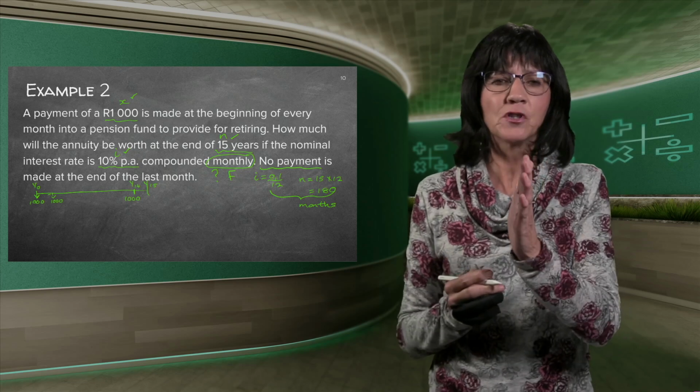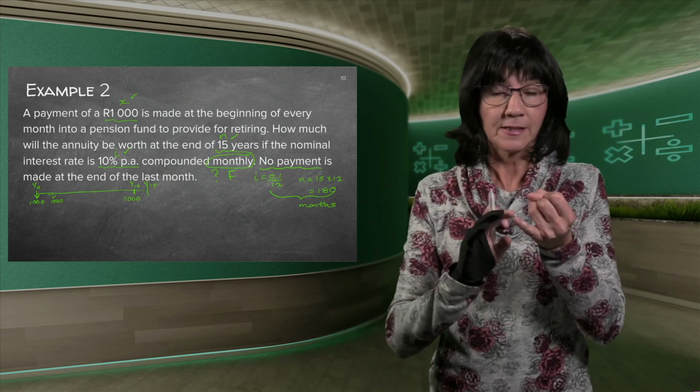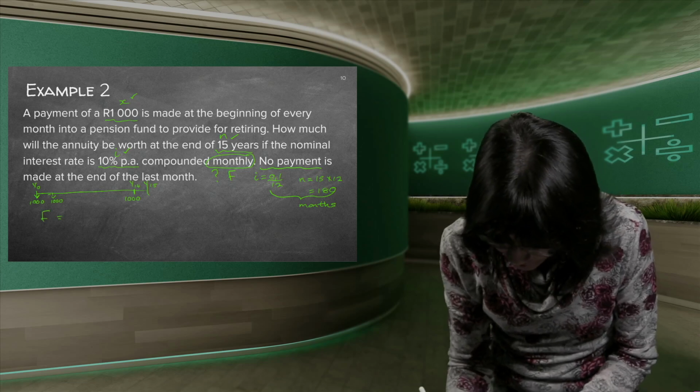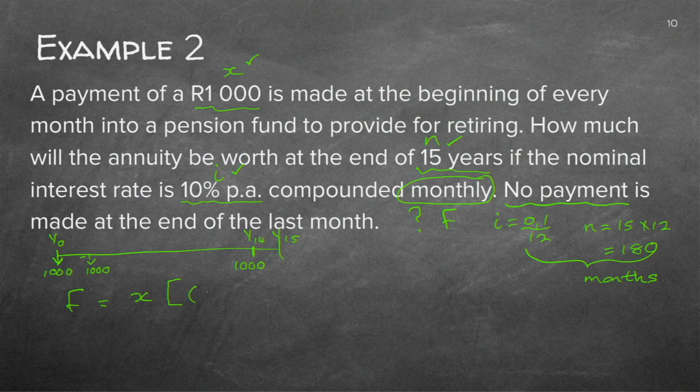But that very first 1,000 rand that I put into the bank is 1,000 rand plus its interest. So that is why when I do my formula, let's just do the formula first. When I do my formula, when I do that 1,000 rand there, I need to slot in an extra amount of interest for that first month because this first month is not supposed to be there. You're supposed to start at the end of the month. So I need to put an extra amount there. It's still 180. Oh, wait, you see, concentrate. I'm not in the bracket yet.